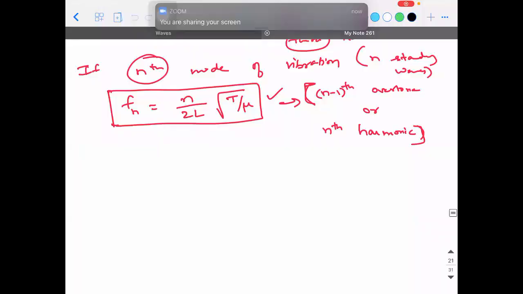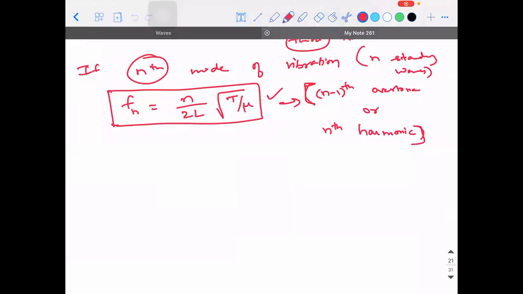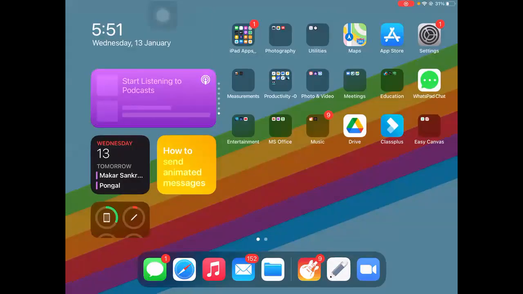Before I show, I just want you guys to tell me one thing. What are all the properties of a string on which the frequency is dependent? It depends on the length. It depends on the tension, the extent to which you tighten the strings at both the ends, and it depends on the mass also, right? So now keep these things in your mind. Let's look at these things. Let me just pluck certain things and show it to you.